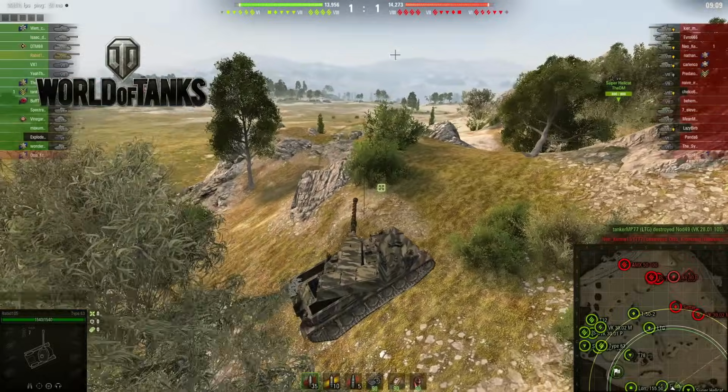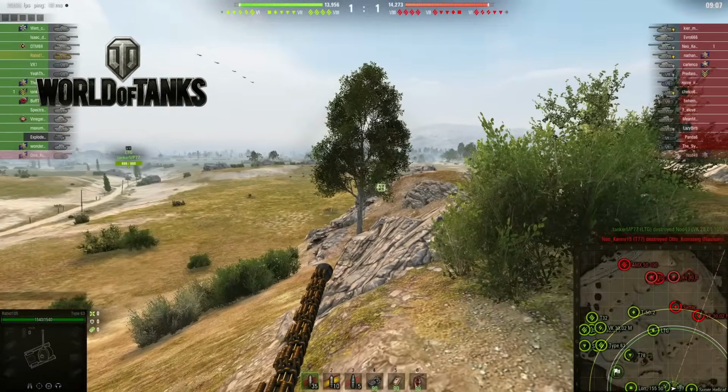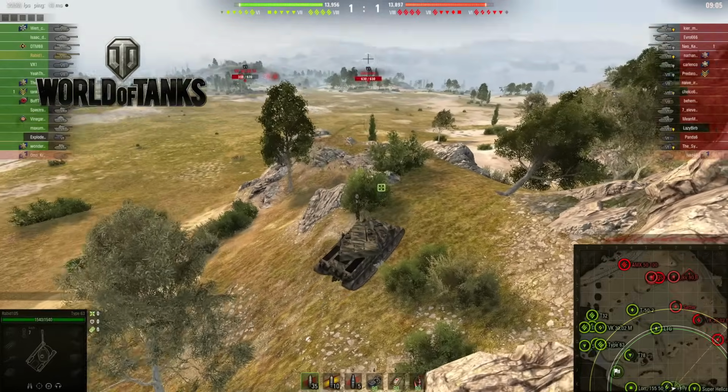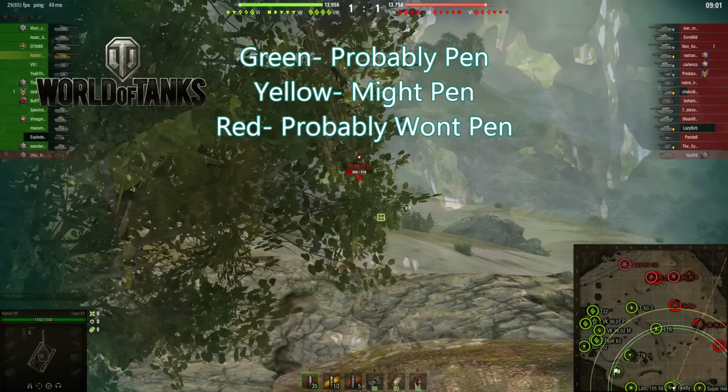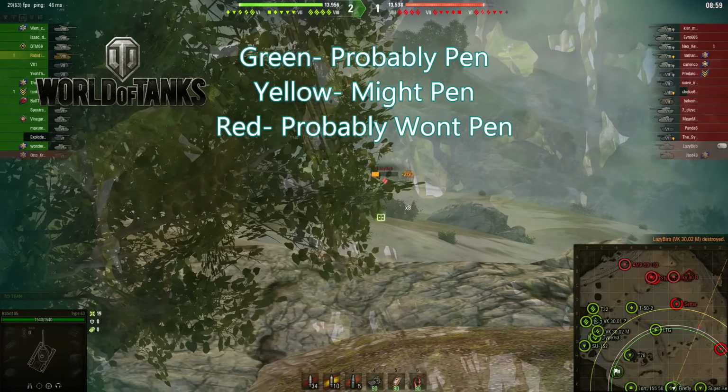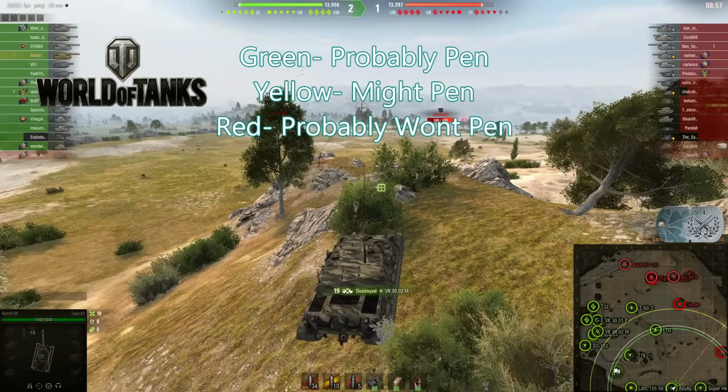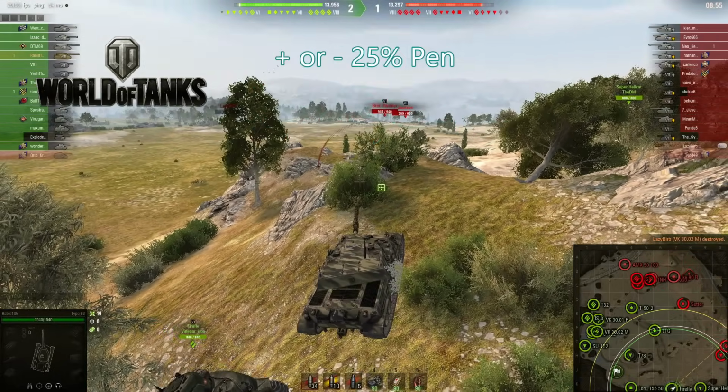So we've selected the shell and hit the target. How do we get into the enemy's armor? In World of Tanks, you have a green, yellow, or red indicator to indicate your likelihood of penetration. However, one interesting eccentricity is that the variance on the shell penetration is a plus or minus of 25%, which